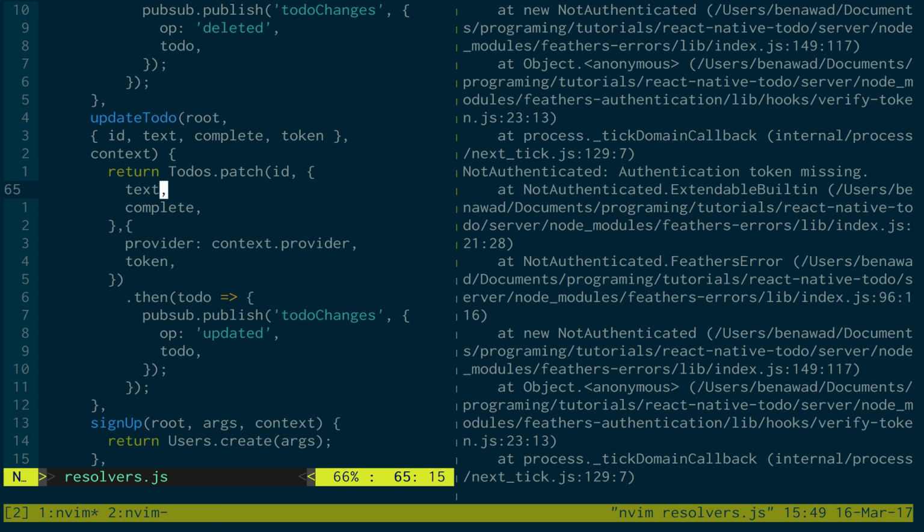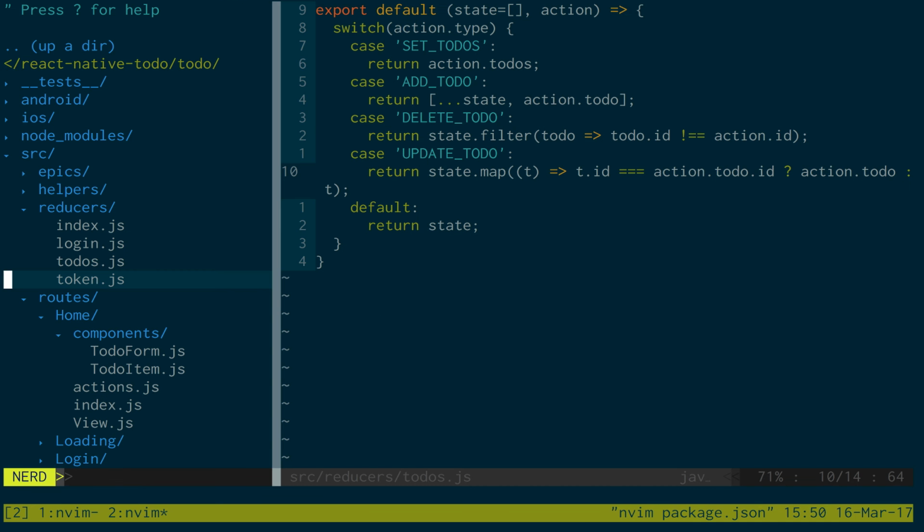So to do that, we just needed to patch instead. Patch just updates these two values, whereas update replaces. So patch just does these values, update does the whole object. So that was important. Okay, now on this side, we want to do a slight style change to the text. So we want to indicate that it is crossed out. So let's go into to-do item,